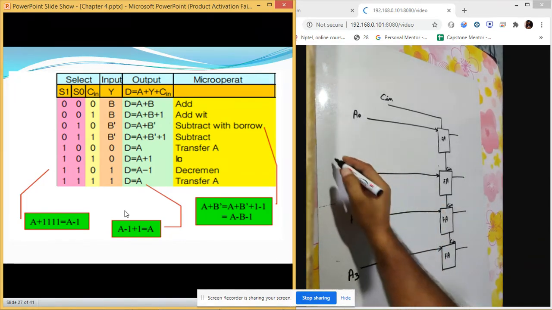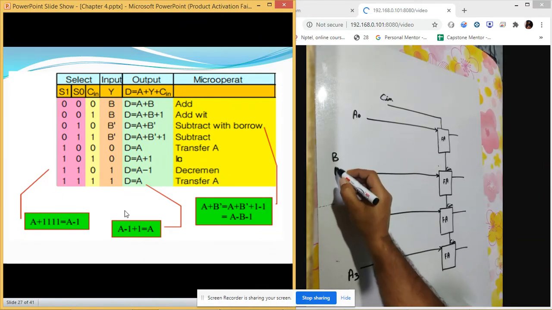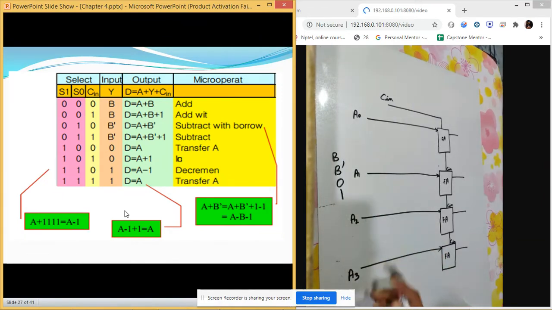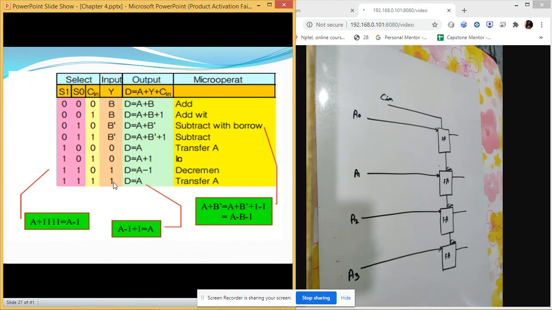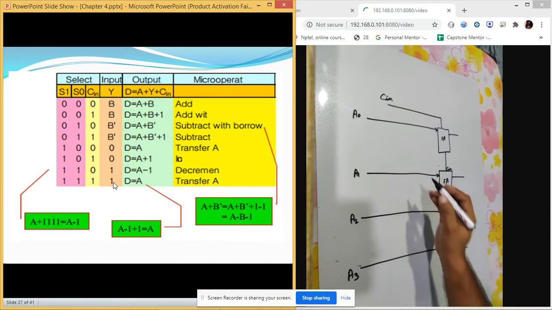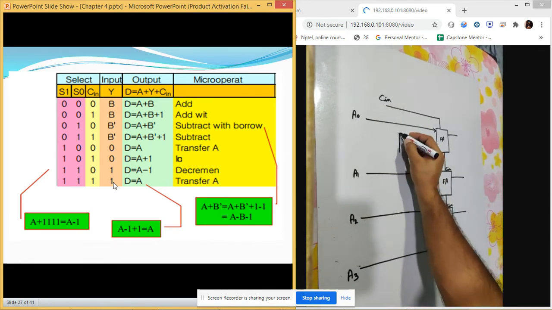So that is how we are going to make the value of B as B or B dash or 0 or 1. So there are four values which we have. If you check the slide as well, you can see that there are different inputs of Y. So it is B, it is B dash, it is 0, it is 1. So we need four values of B in this case. At one time, out of these four, we need only a single value of B. So we are going to use a multiplexer for it.